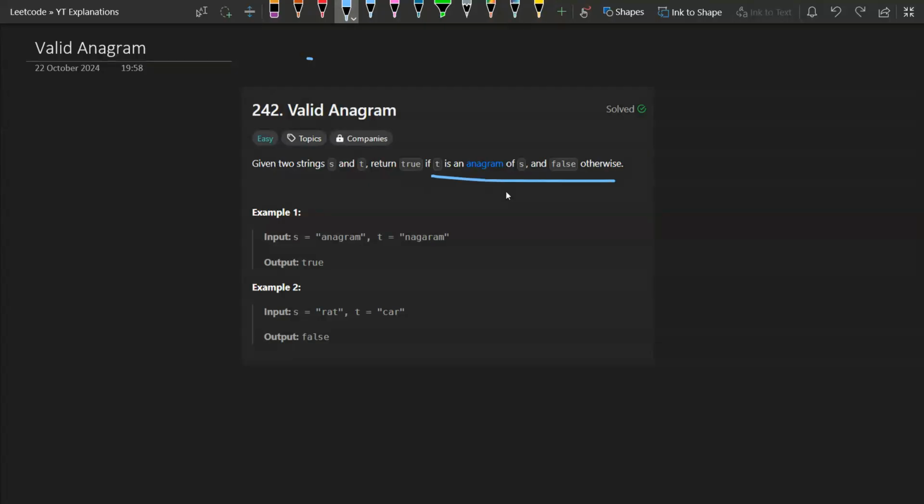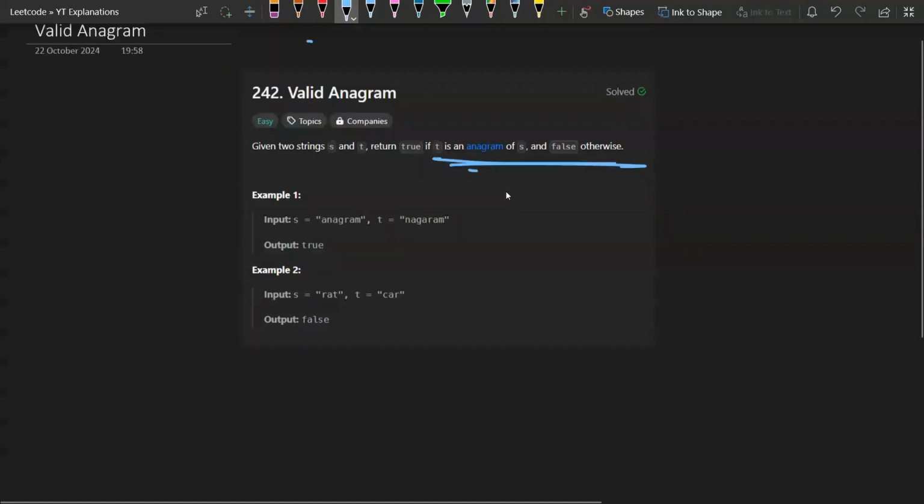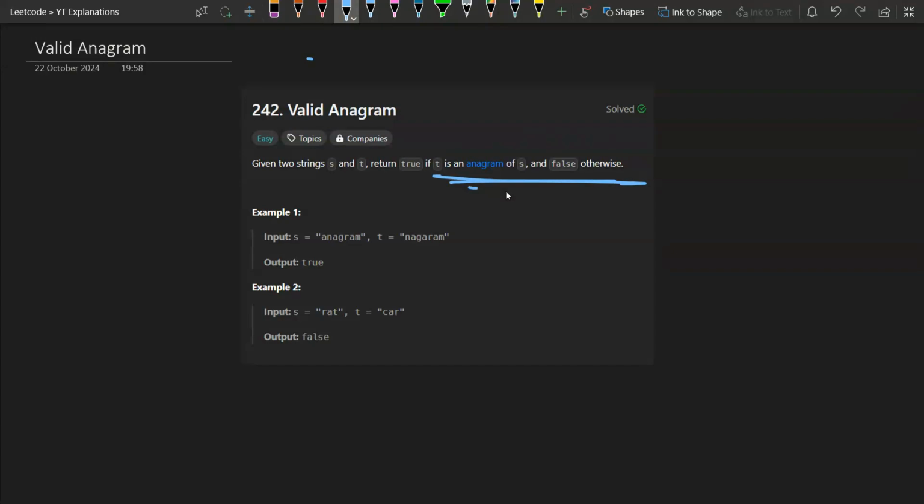So the first thing let's do is discuss what an anagram is. Anagrams are basically two or more strings that have the same frequency of letters in them. So, for example, if we take the word anagram